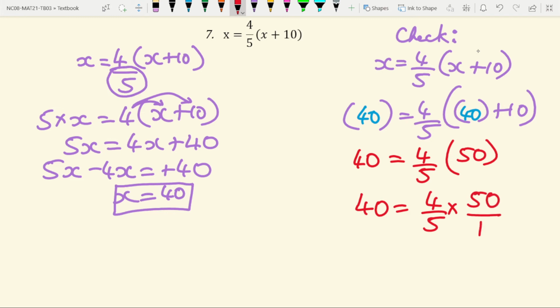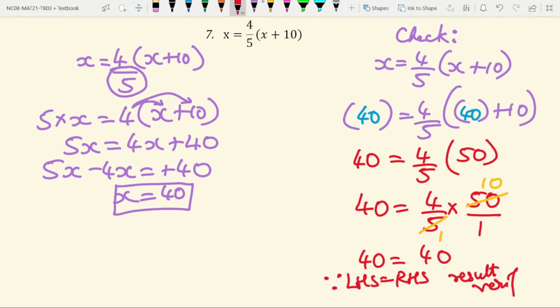Before multiplying, we can cancel it out. 5 and 50 are present in 5's table. 5 ones are 5, 5 tens are 50. So next will be 40 is equal to 4 times 10 is 40, 1 one is 1. Instead of writing divided by 1, we can skip writing that. So we have obtained LHS is equal to RHS. Result